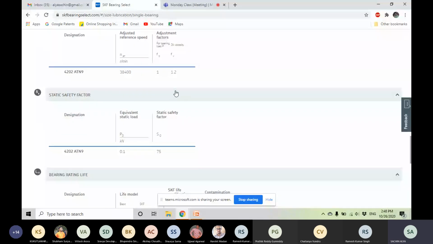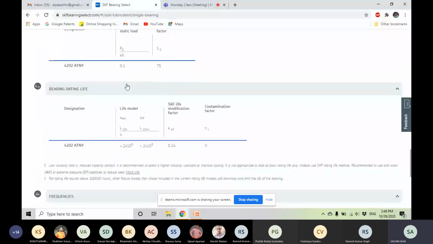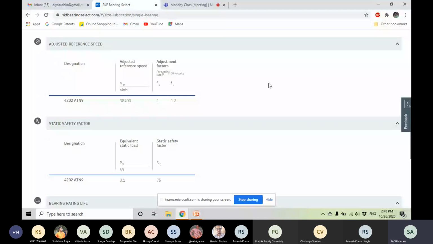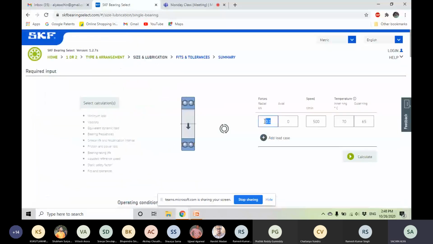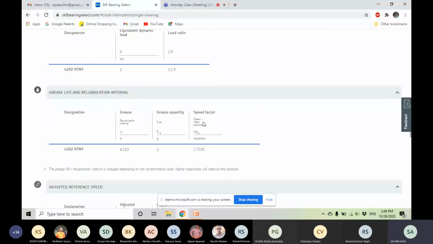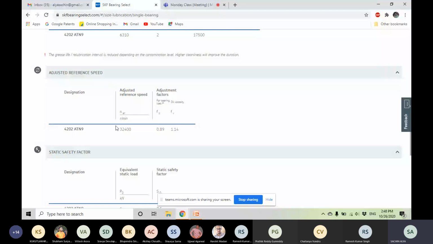So let's say if we change the load to some higher value, how does this value change? We'll see that. So let's say our radial load was 1 kilonewton as opposed to the 0.1 kilonewton. Let's calculate. So see, the adjusted reference speed has come down.